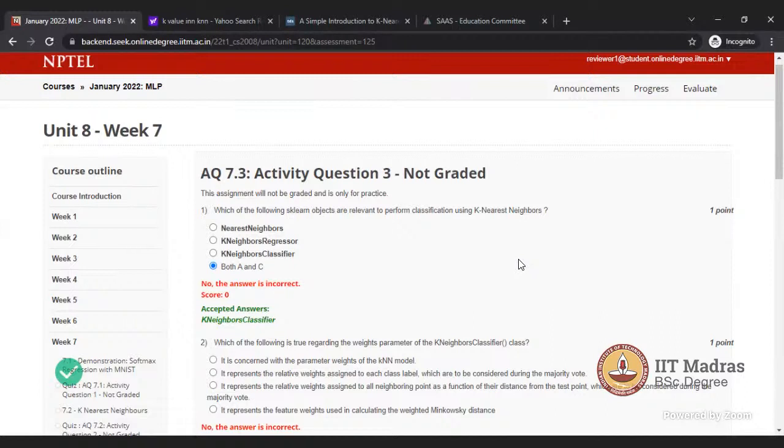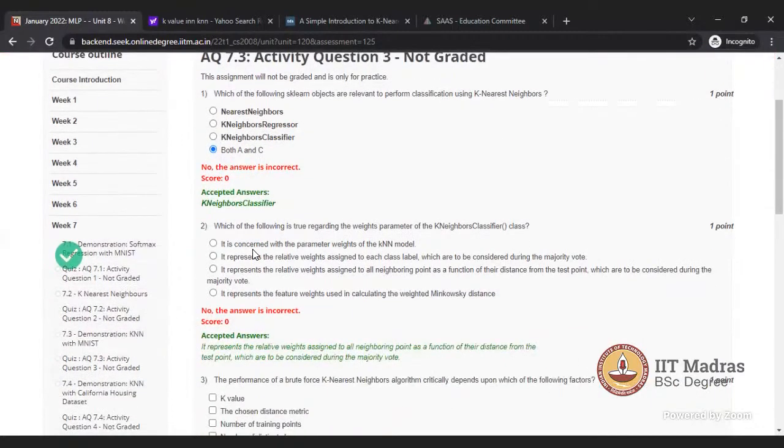That's how we work with image data sets: we take the array of those pixels and flatten it, and all the pixels become a feature for this data set. Like that only we work.